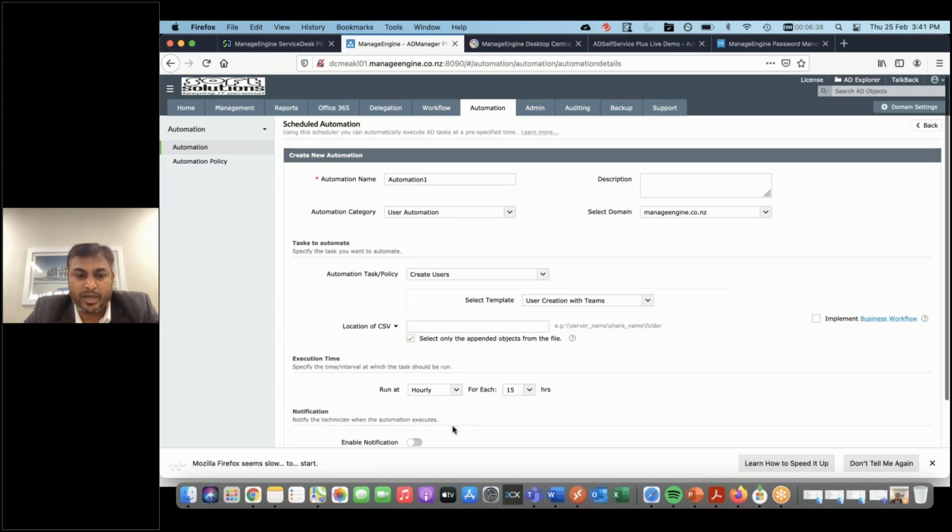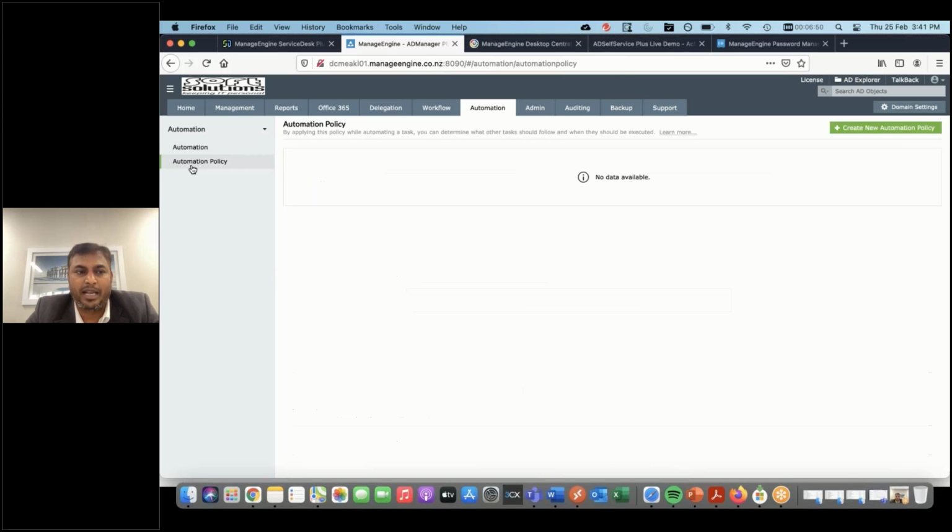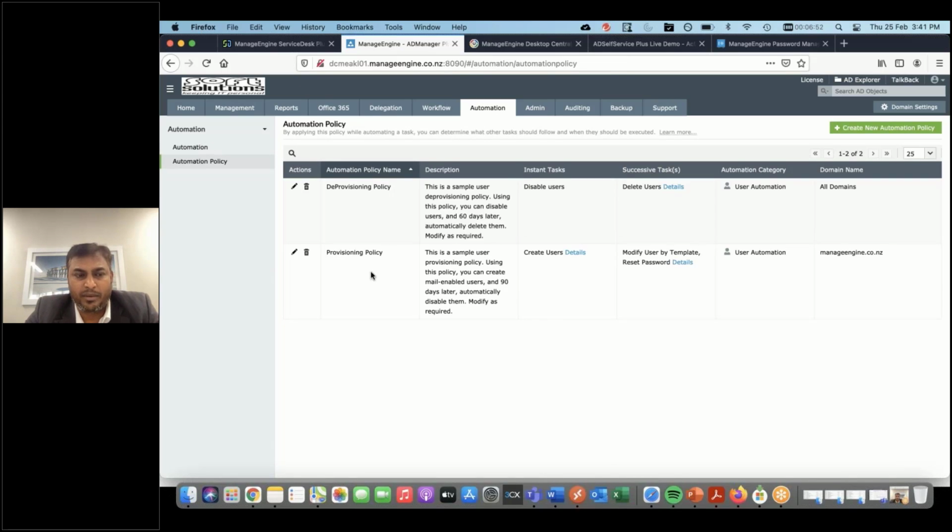Then we can run this automation on a particular frequency and enable a notification. So this can go to a notification to the help desk solution, or it can update a particular group mailbox. And what I'm trying to show is about the policies, the collection of things that can be done during the onboarding or an offboarding or a modification process. Say for example,